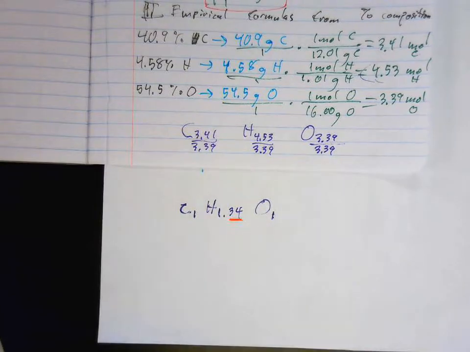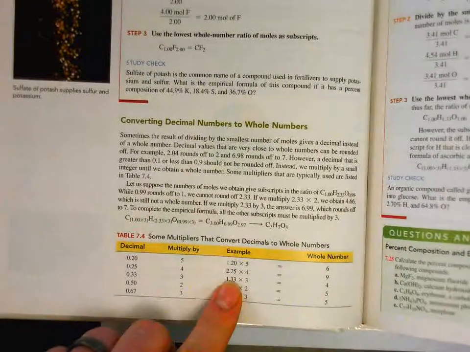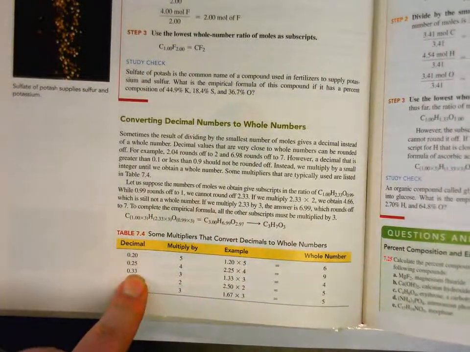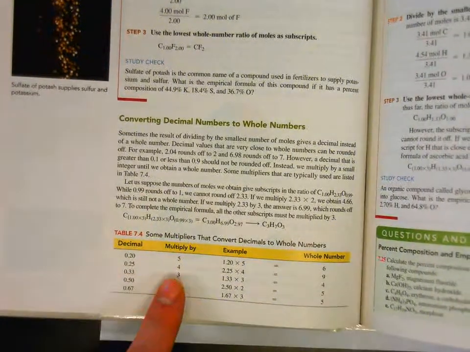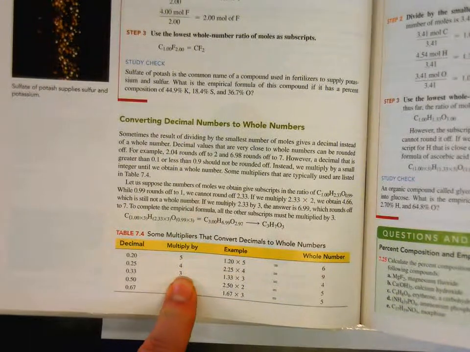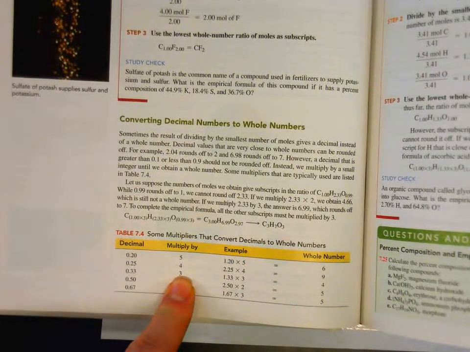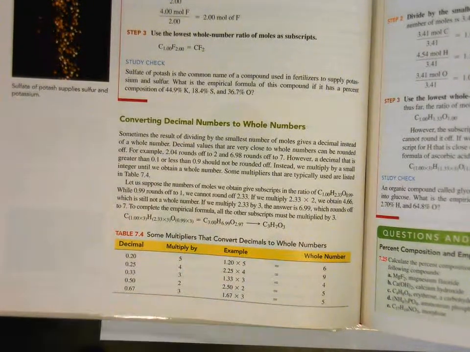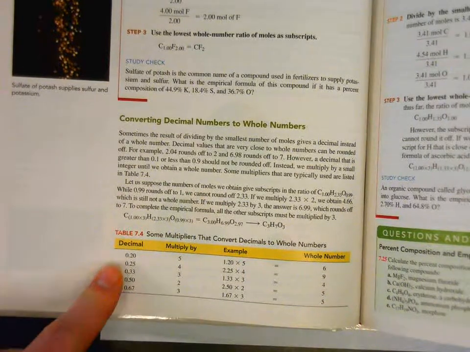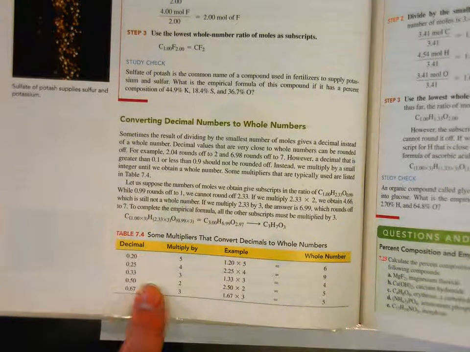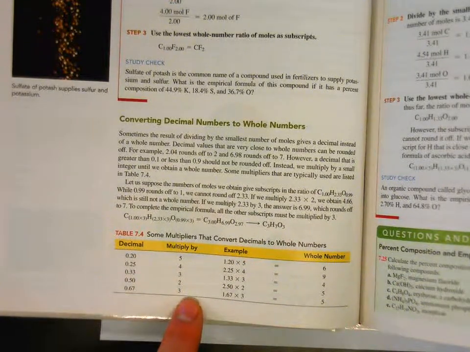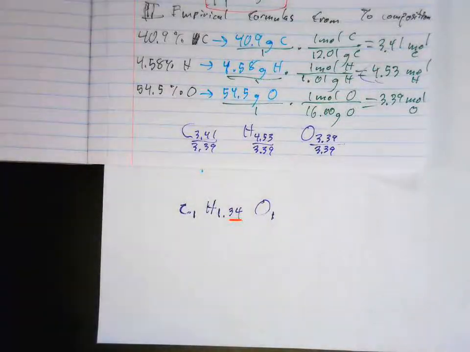So 0.34 is very close to 0.33 as a decimal, and that means we need to multiply all of the numbers by 3, which will give us a whole number. And you can see the other situations that could come up as well. 0.2 we multiply by 5, 0.25 by 4, 0.5 we multiply by 2, and 0.67 by 3. So let's multiply by